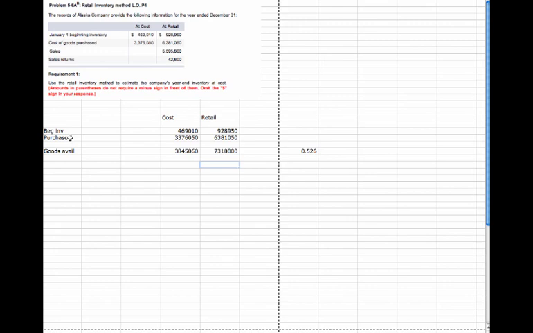So now, if I sell, and according to this problem, I sold 5,595,800, but I had less my returns of 42,800, which then gives me my net sales,